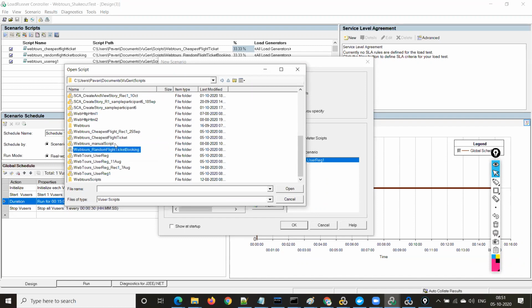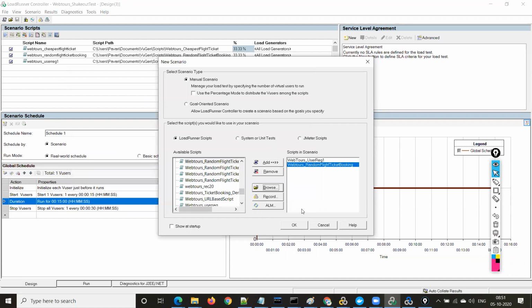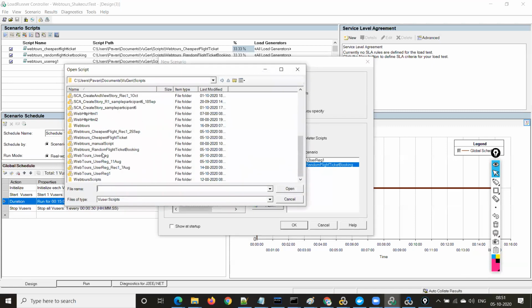Random flight booking. Okay, both are the same. Random flight ticket booking and cheapest flight ticket, they are different. Here we can see that random, they are in small letters. Okay, random flight ticket booking. Those are the same, and cheapest flight ticket.